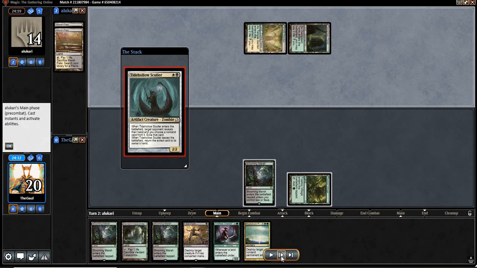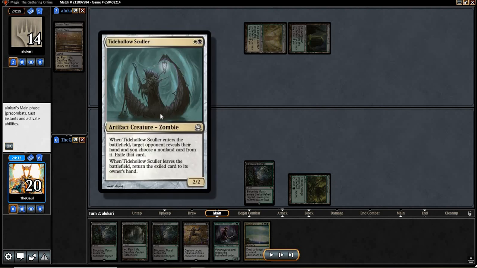so here's something that's really, really important to know. So the templating of Tidehollow Sculler: when it enters the battlefield, your target opponent reveals their hand, you choose a non-land card and exile it. When Tidehollow Sculler leaves the battlefield, return the exiled card to its owner's hand. Those are 2 separate abilities, so if you respond to the Tidehollow Sculler's trigger here, so we could let the card resolve, its ETB trigger would go on the stack, and we could Fatal Push it, but that would be